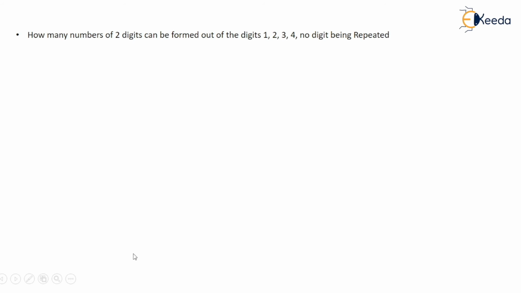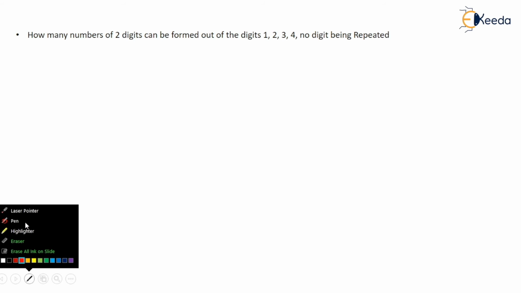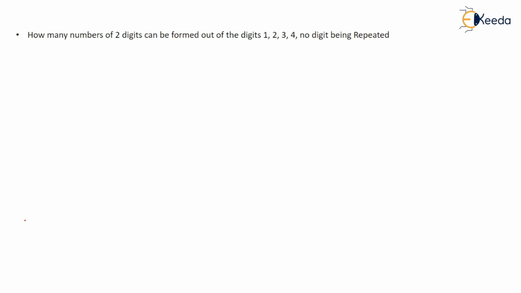So here is the next question that is in front of us. The question is, how many two digit numbers can be formed from the numbers 1 2 3 4? No digit can be repeated. So two digit number, right? From how many? Four numbers. So the last place can be filled by four types of numbers, that is 1 2 3 4. After fixing one number, how many numbers are there? Three, because repetition is not allowed. So 3 into 4 is what? 12. So from these four numbers you can make 12 two digit numbers.